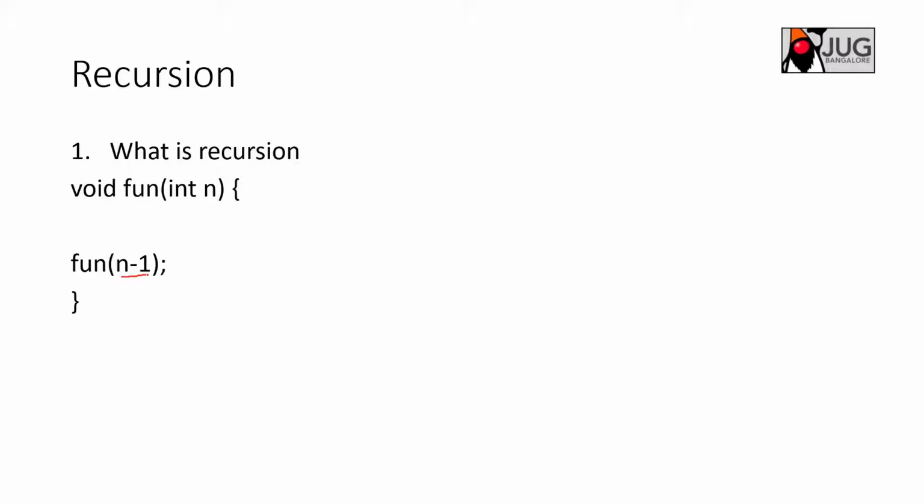The very important thing in recursion is to add a base condition here. On what base condition are you going to terminate this function? That is very important, and we'll see a few examples of how things can go wrong if you don't have the right base condition. For example, if you are a C++ user, you will hit a segmentation fault, and if you are a Java user, you will see a Stack Overflow error. So adding a base condition is very important. We'll see what kind of things go wrong when we don't have a base condition, with a few examples.